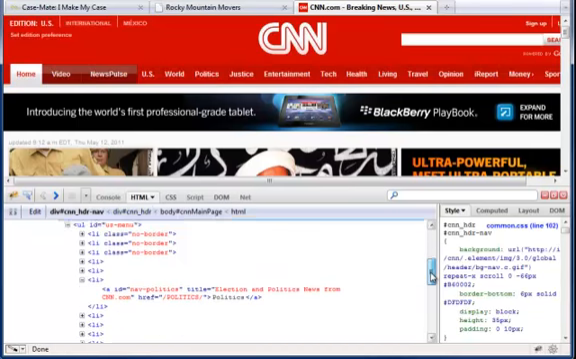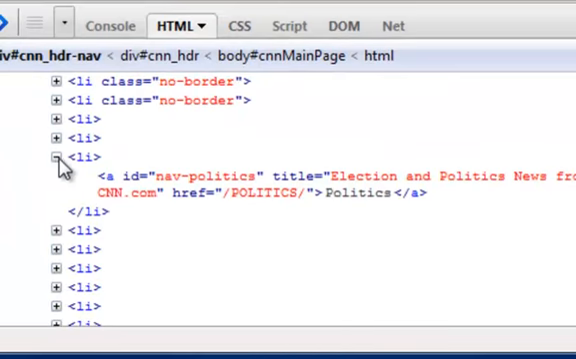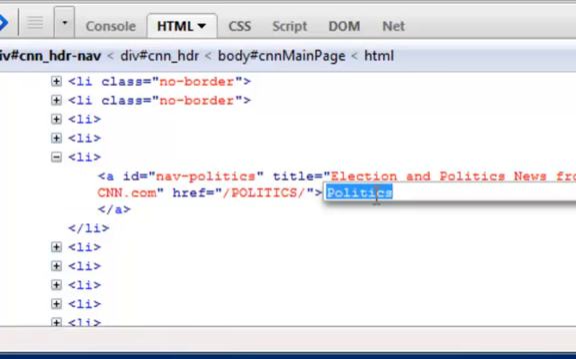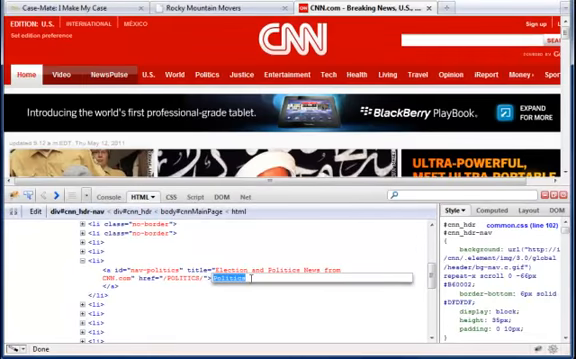You can see that search engines, as I come right into this bullet point, because each one of these LIs is a bullet point, I can see where it's calling my CSS. But look at this. Search engines can read that. It says politics. That's a keyword that CNN obviously wants to rank for, and it's being displayed nicely in their navigation. So really good example of how to create